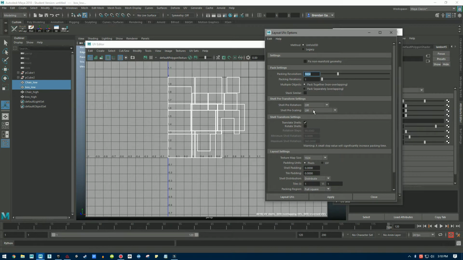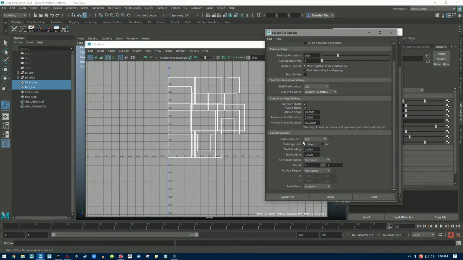The pre-scaling, and I'm going to say I'd like it to maintain its UV ratios. It can rotate the shells, it doesn't matter. I do want the rotation steps to be 90. You may not want your shells to be rotated, but in this case it makes no difference. So the texture is going to be there. The only thing I'm going to do is I want padding between the shells and I want padding on the tiles. So all I'm going to do is set this to 15 and set this to 15. And we are only using the one UV tile. So if I hit apply now,